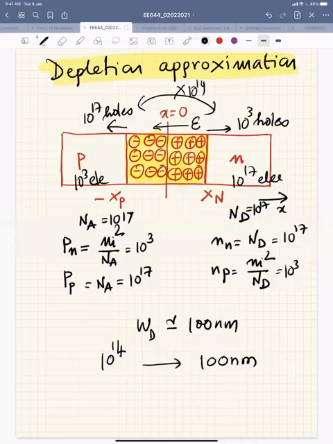So that means this change is happening very fast. Since this 10 to the 14 transition is happening in a few hundreds of nanometers, even less than that,